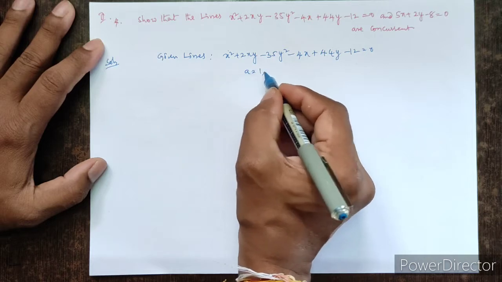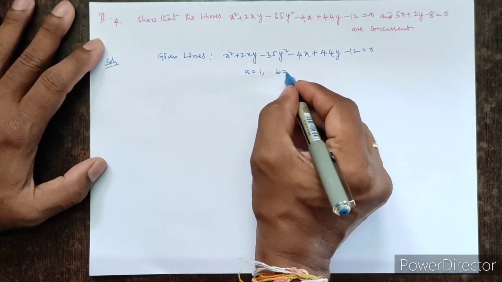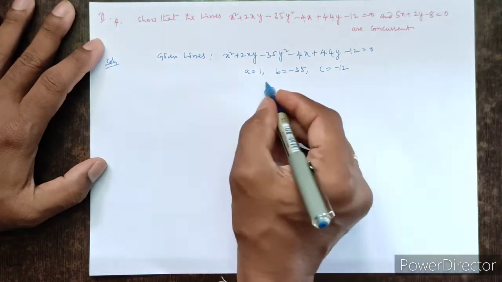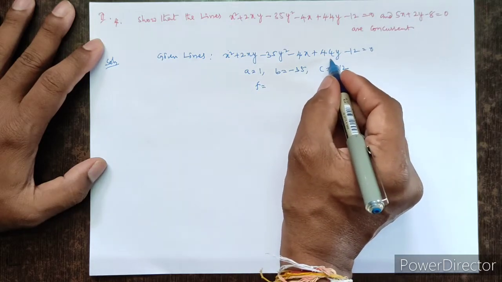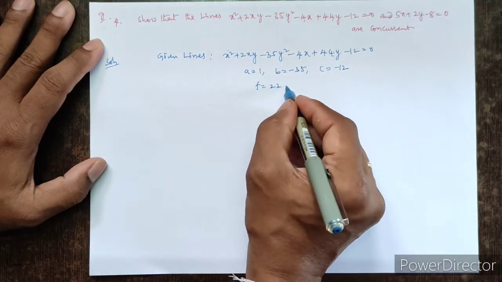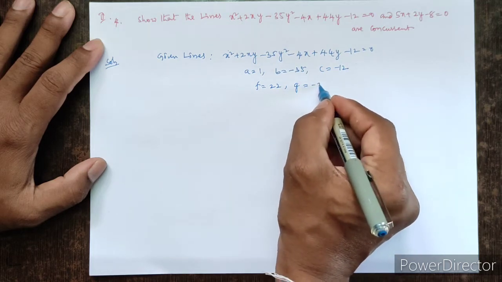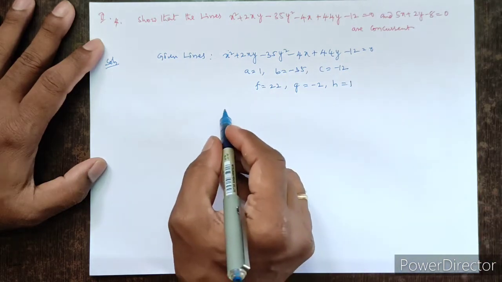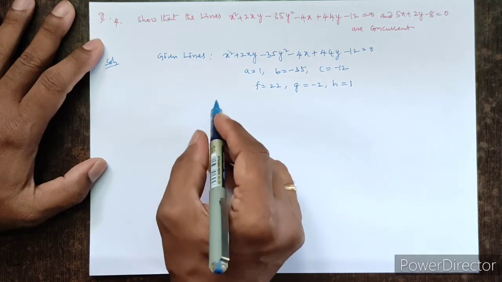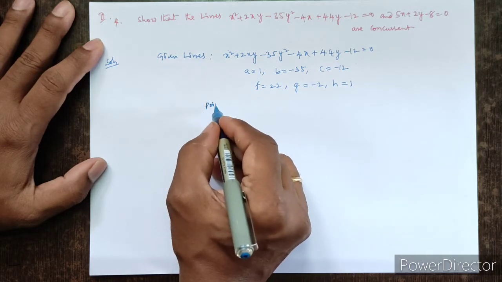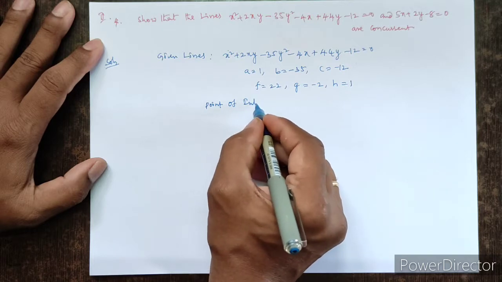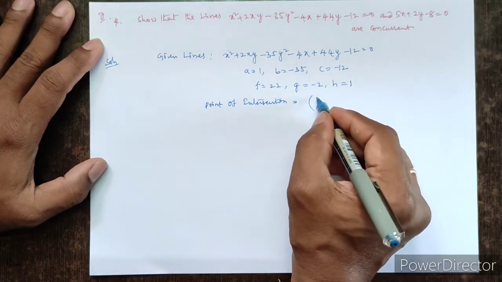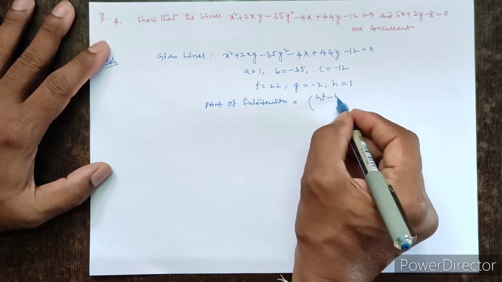So what is a? The coefficient of x square is 1, b is the coefficient of y square, that is minus 35, the constant is minus 12, f is the coefficient of y, that is 22, and the coefficient of x is minus 2, and the coefficient of xy is here 1. So what is the point of intersection of this pair of lines? Point of intersection. Already we had the formula, that is HF minus BG,